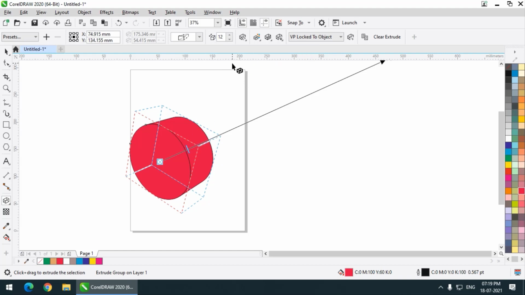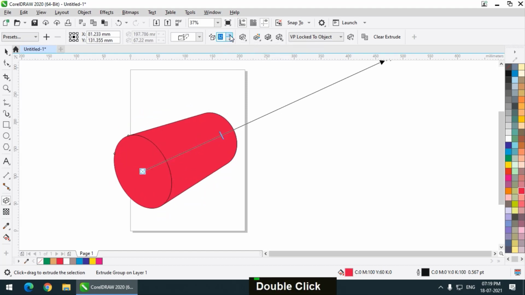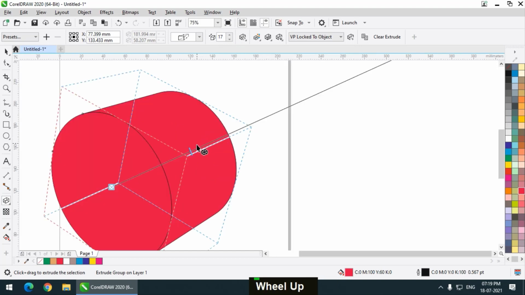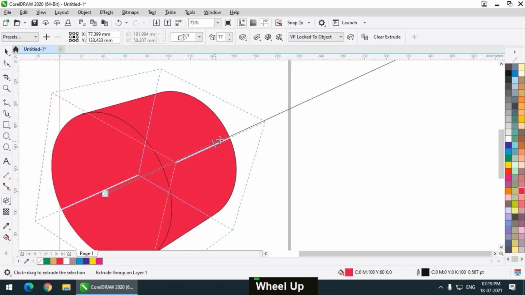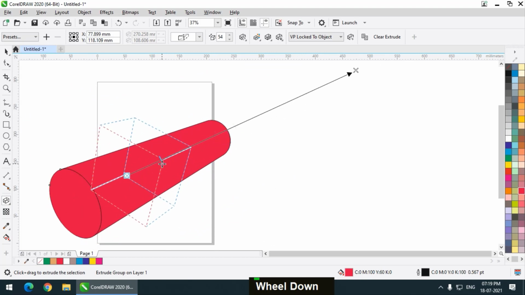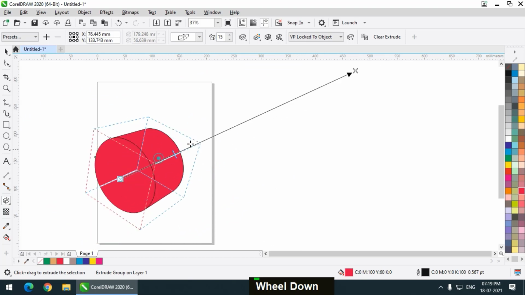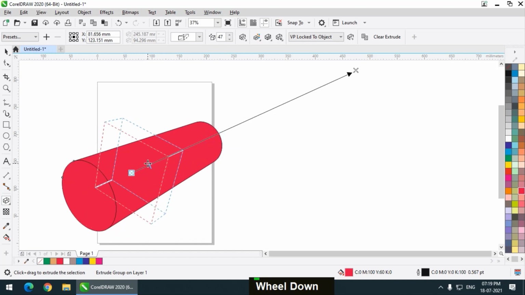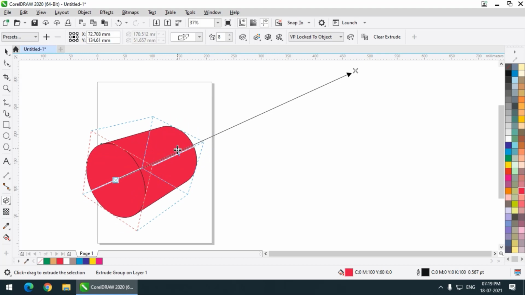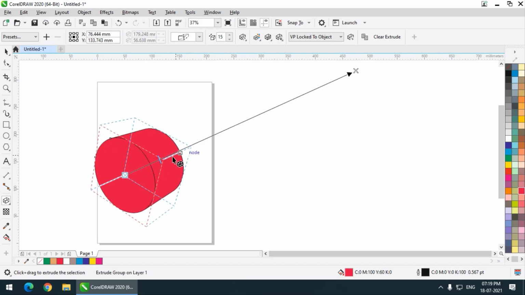We can change it in two ways. We can simply increase or decrease the value as per our requirement, or you can click on this particular symbol and increase or decrease. Both are similar. As you can see, the value is changing. If we make changes over here, the value also changes in the property bar. So this is how it looks.